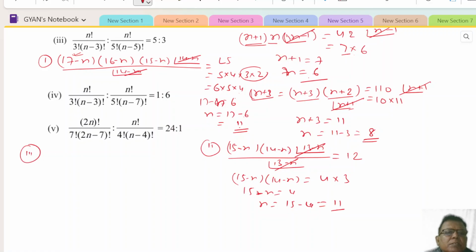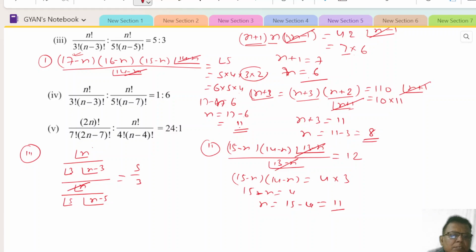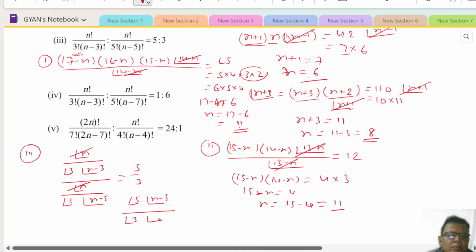3. This is n factorial divided by 3 factorial times (n minus 3) factorial, divided by n factorial divided by 5 factorial times (n minus 5) factorial, equal to 5 by 3. So this gets cancelled and this will go up. So 5 factorial into (n minus 5) factorial divided by 3 factorial into (n minus 3) factorial is equal to